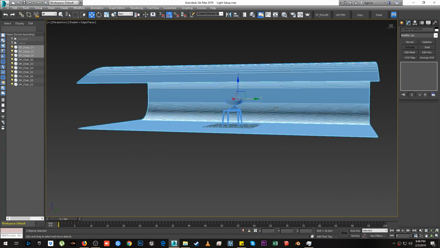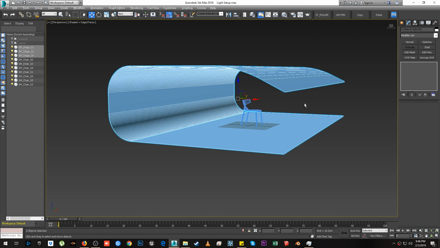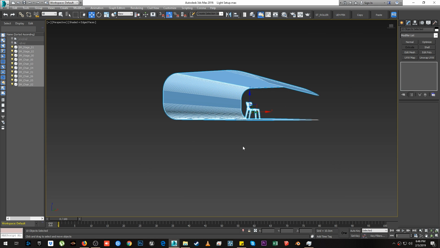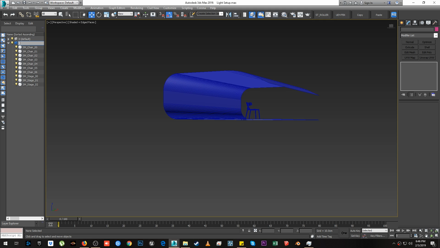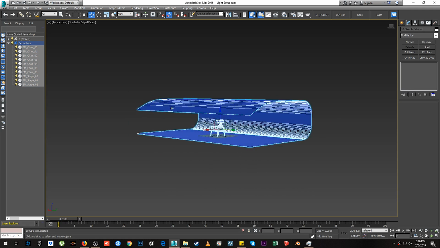So I think we are ready to go for our texturing of this whole thing. And then what I will do is I will just go ahead and select all these objects, and then I will make a layer out of all the selections, and then I will name it geometries, and then I will just go ahead, right click, select all child nodes, everything has been selected,